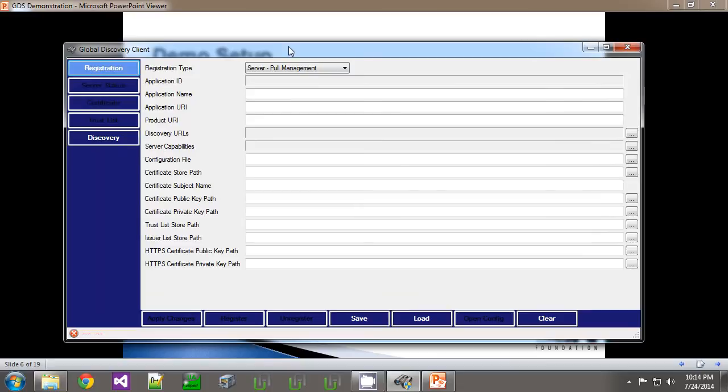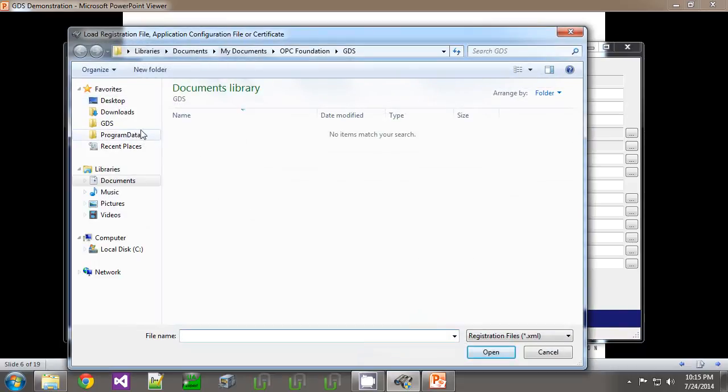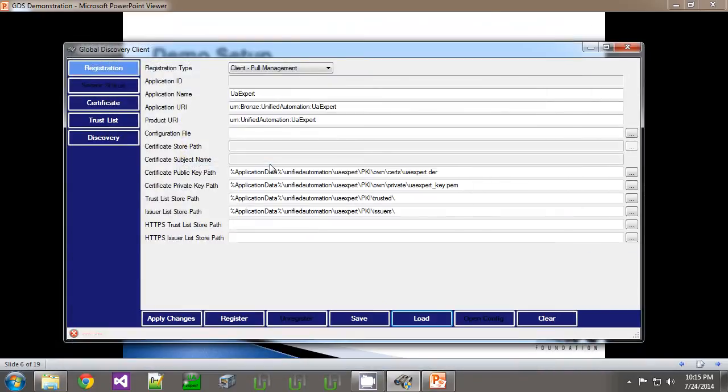Now, this panel you see here with all these fields is where some administrator has to provide the agent with all the information about the configuration of the applications that it's managing. And this process has to be done once per application if you haven't integrated the GDS function into the application. If you integrate this capability into the application, then this entire dialog goes away, because the application could fill this stuff in automatically, because it knows its own configuration information. Now, what I'm going to do is simply load the configurations that I have previously prepared and saved on disk. And so in this one here, I've loaded the configuration for a UA client,